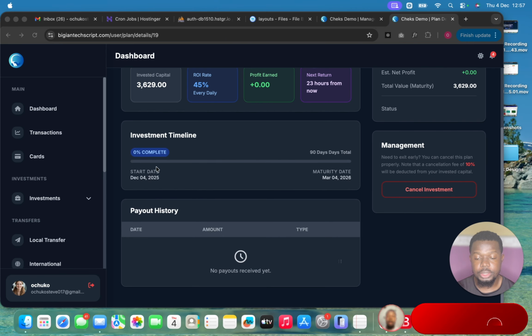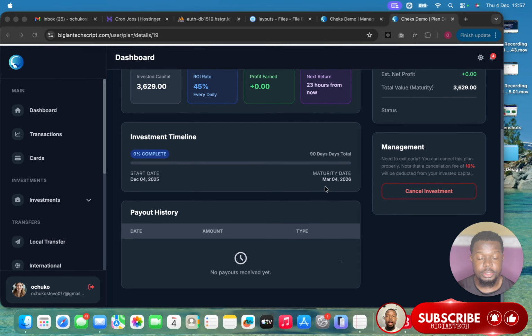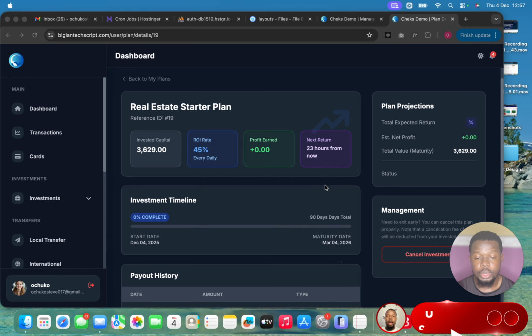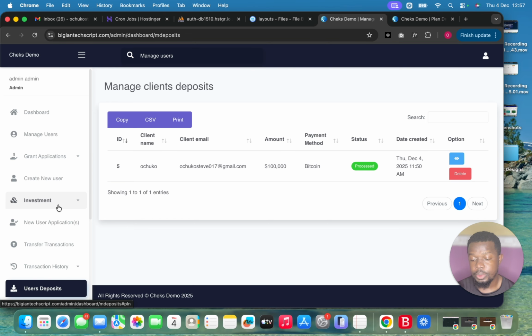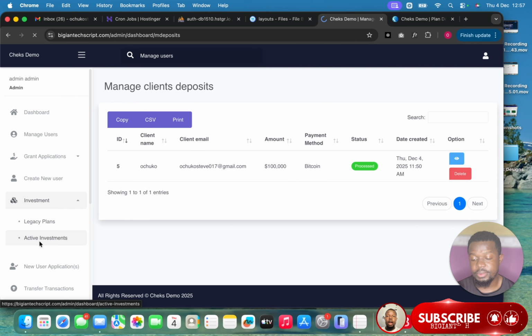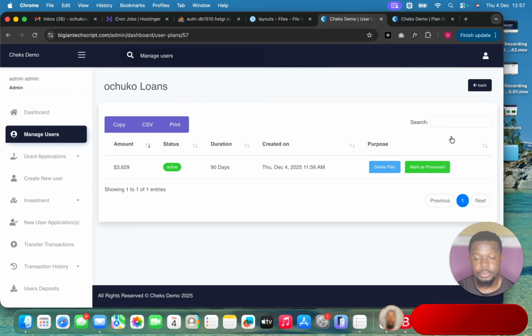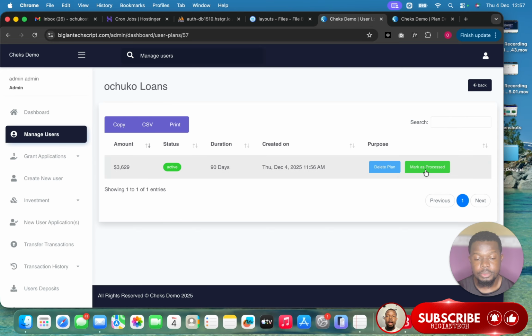Now it shows the time frame for maturity. As you can see, it can be updating the user every week or every day. It all depends on you. And also, once you go back to the admin, go to Investment, go to Active Investments, and you'll be able to see it here. If you come to the action section and go to More Actions, you'll be able to delete the plan or mark as process if you want to hasten it,